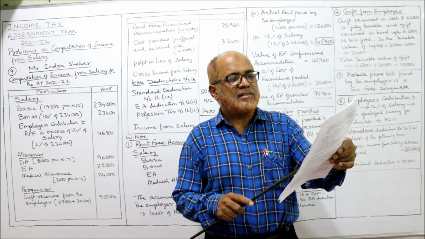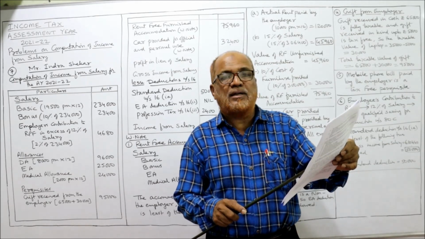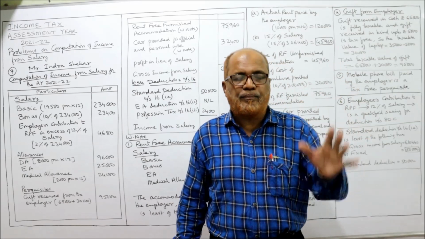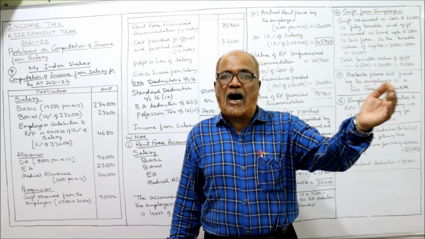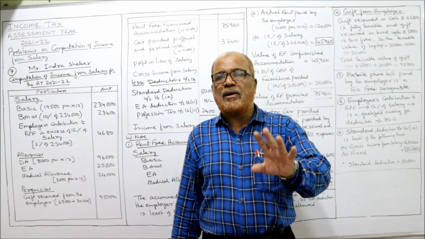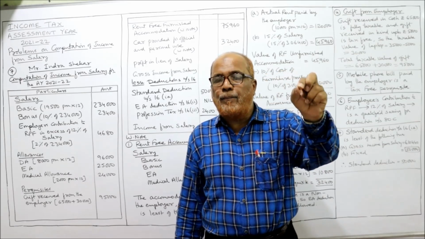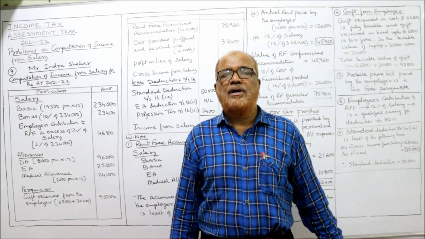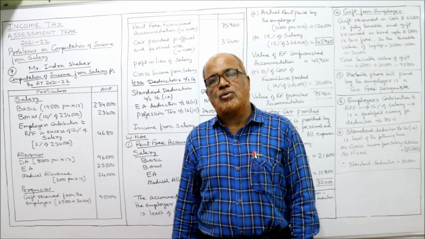Population 37.56 lakh, for which rent paid by the employer is 10,000 per month and the cost of furniture provided is 3 lakh. The point is clear. The accommodation is hired by the employer. In that case, the value of the perquisite is the least of the following two amounts: the rent paid by the employer or 15% of salary. Whichever is least, that is the value of the unfurnished house.